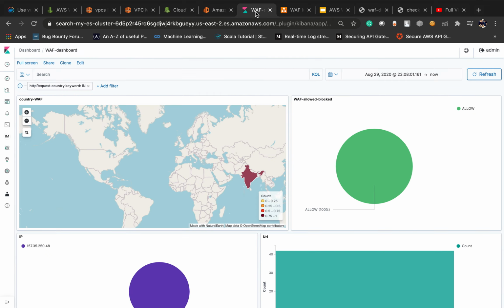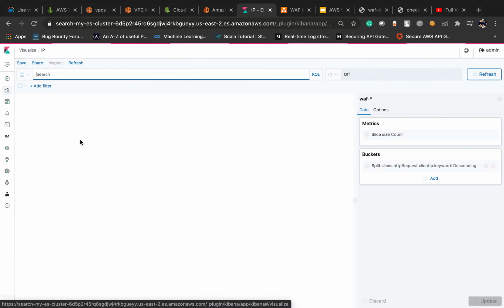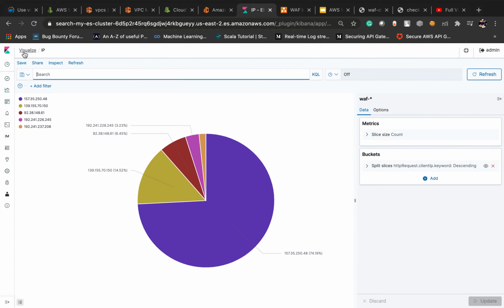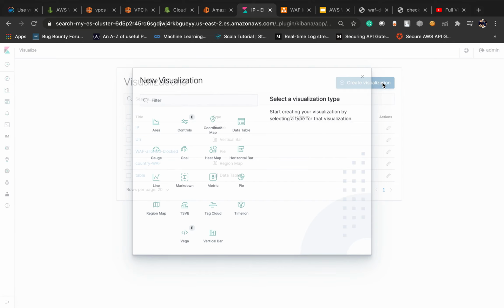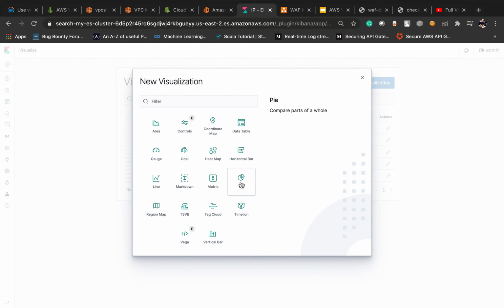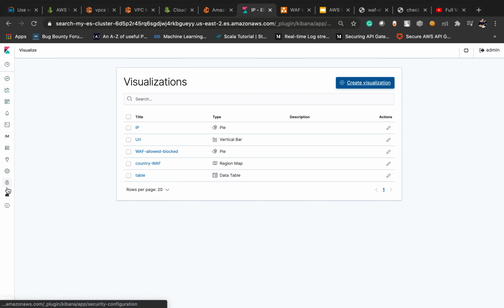Now come under visualization. We need to create a visualization, and it will be a pie chart. But first we need to create an index.